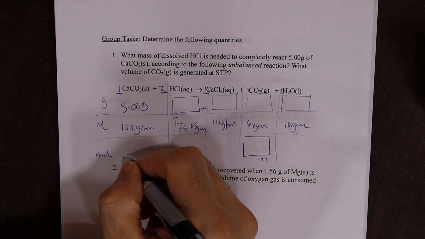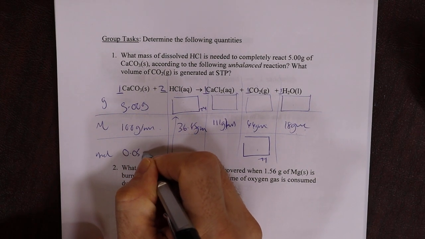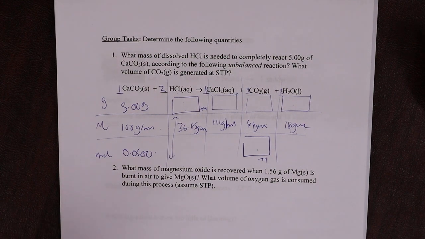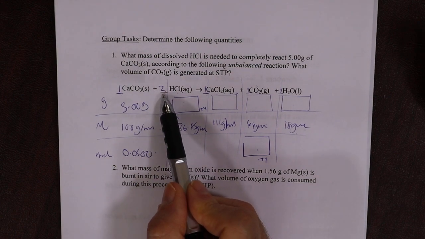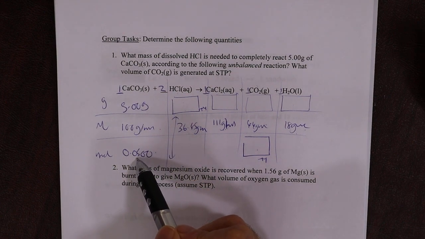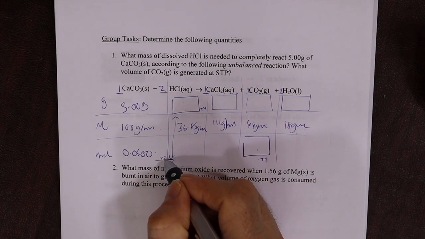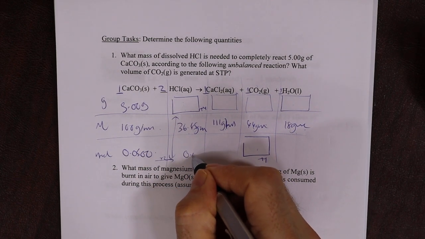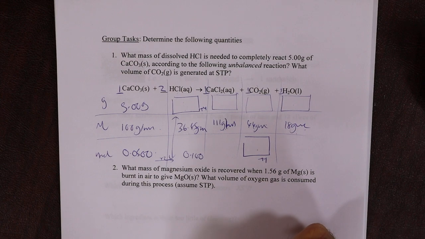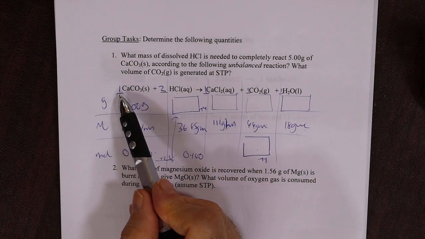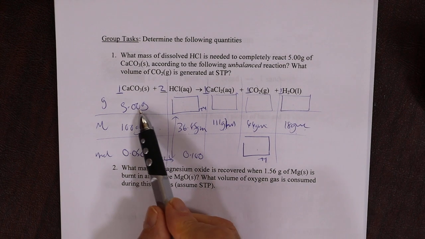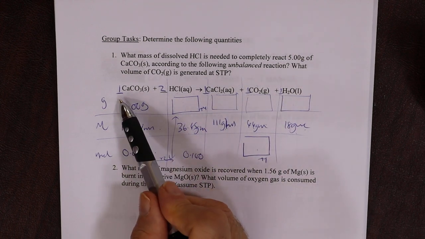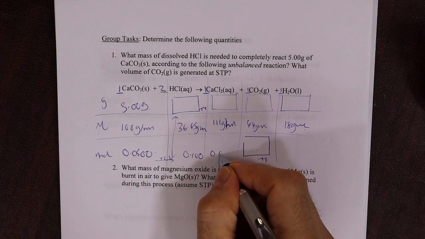0.05, 36.6, 0.0500. All right. One of these reacts with 2 of those. So 0.05 needs twice as much, 0.100. And then 1 reacts with 2, 0.05 reacts with 0.1 to make 111, or the same number here, 0.05,